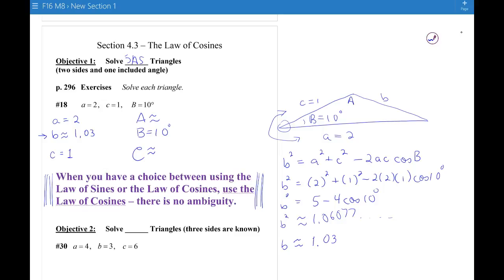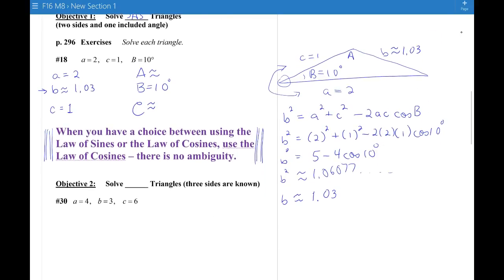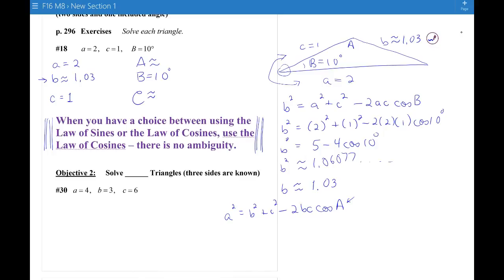So this is angle A, and I don't know angle A, but now I know the two sides on either side of angle A, and I know the side opposite. So I'm going to say that side length a squared equals b squared plus c squared minus 2bc cosine of angle A. Well, now I know a, b, and c. The only thing I don't know is the cosine of A,